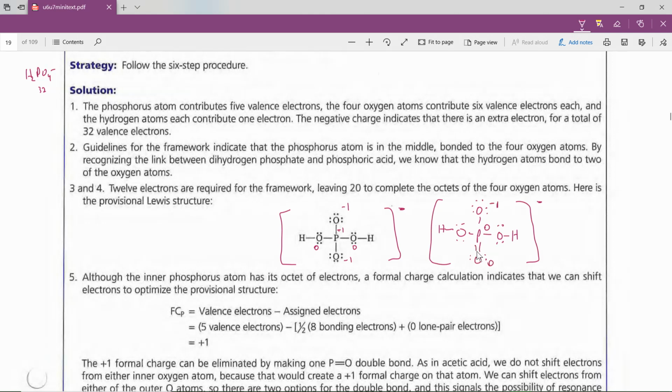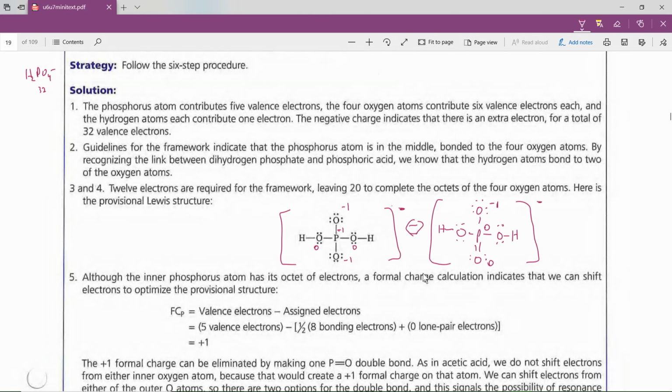So if you make one of the phosphorus double bonded to an oxygen, you still have 32 electrons, right? 2, 4, 6, 8, 10, 12, 14, 16, 18, 20, 22, 24, 26, 28, 30, 32. You still have 32 valence electrons, but the